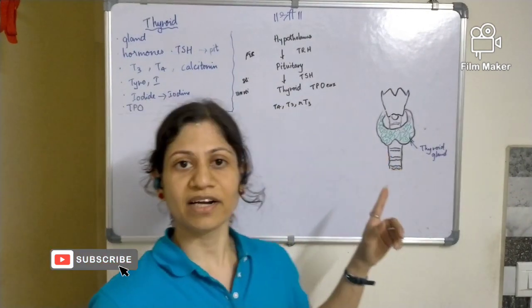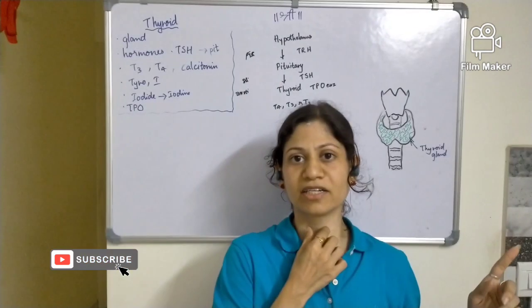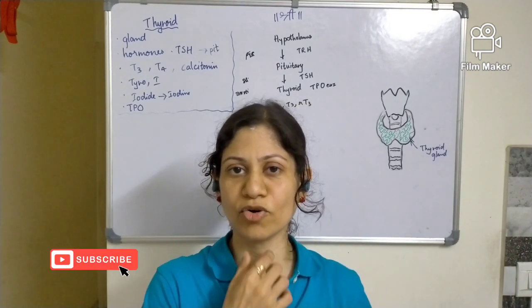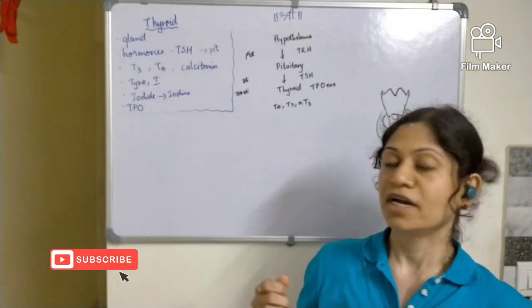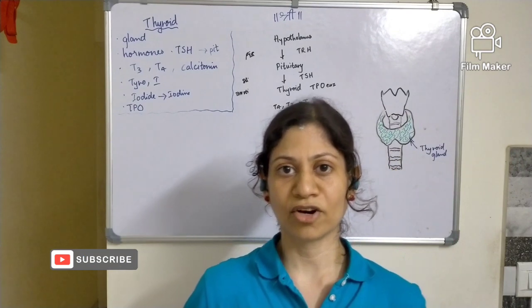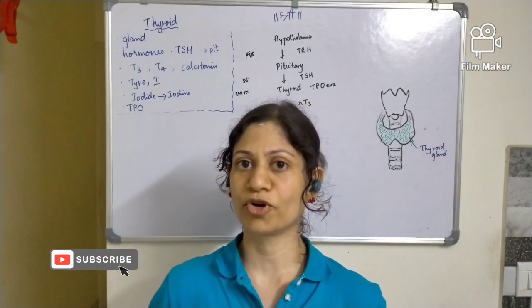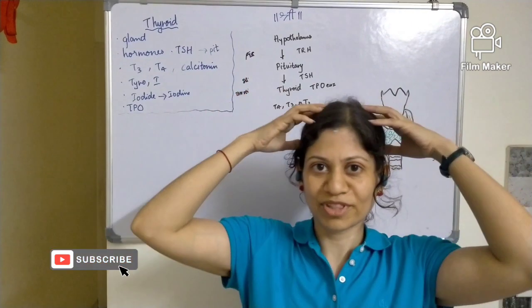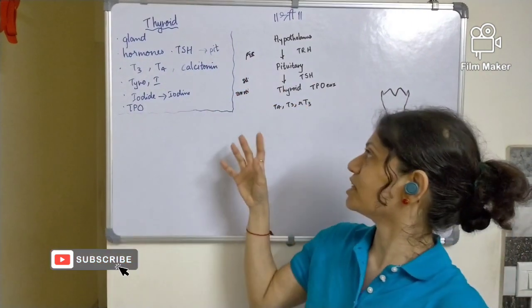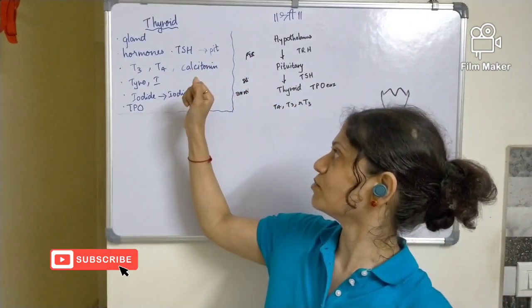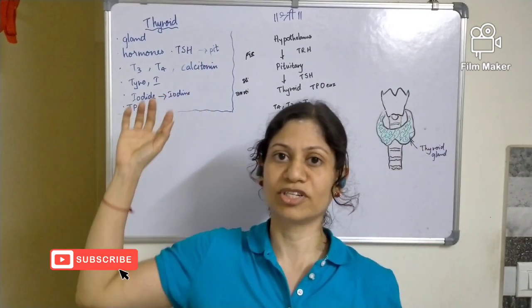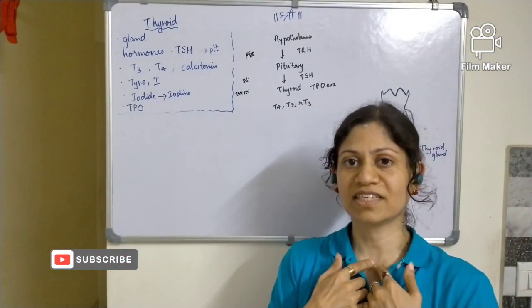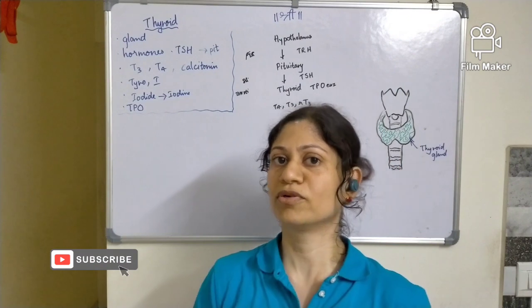So your thyroid gland is a small butterfly shaped gland that is present below the Adam's apple in your neck or throat region. It produces thyroid hormones which are very essential for your body functions. This actually begins in the hypothalamus and in the pituitary gland. The pituitary gland stimulates it by producing thyroid stimulating hormone, which sends a signal to your thyroid gland to produce